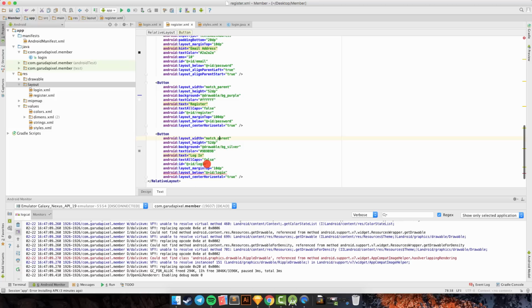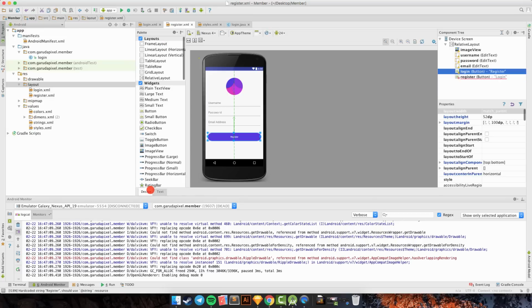Oh, sorry, undo like this. We just need to change the name of the label to register, and this is for login. Okay, this is register and this is login.